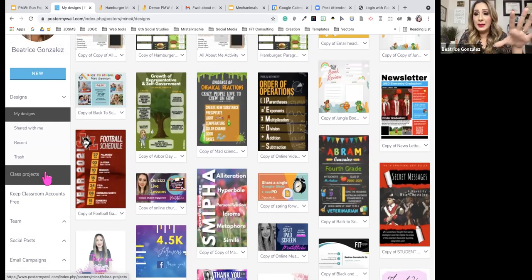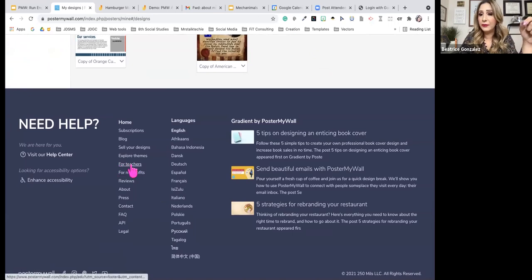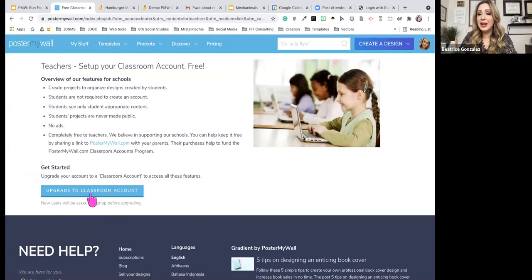But the membership is free, and the teacher account is free as well. You can scroll down to the bottom and notice here it is for teachers. So you create your account first, and then you scroll down to the bottom right here, and you can upgrade to the classroom account. Again, if there are more questions on what the classroom account is, we will be adding a link in the chat.